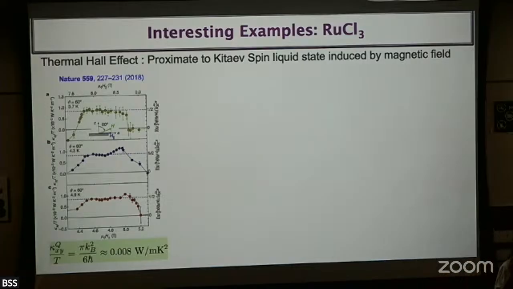The reason I was really baffled was that I absolutely trust this data, that the field dependence comes up, then is constant, and then goes down. There's some field dependence being constant, but that value happens to be this number. So this is just the thermal conductivity number, 0.88. This is now known as the two-dimensional quantized thermal conductance value. This value is exactly half of that, which is very coincidental